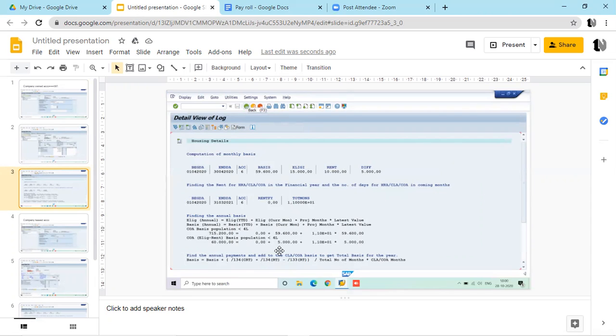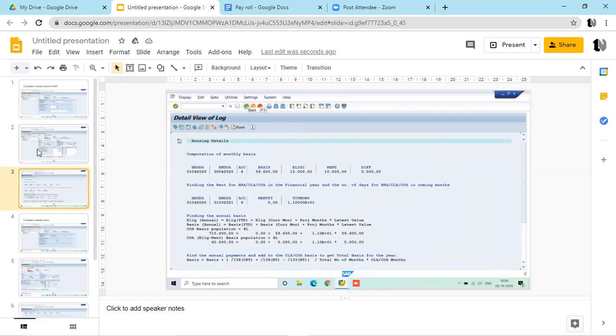That is fine. But actually, if you see this, this is not a paid amount, right? CLA and COA, whatever amount, is not paid directly to the employee salary. So for that reason, in the basis it is not calculated. The basis will be your HRA, basic, conveyance, whatever you've added. From that 59,600, go to slide number 2, I will explain.